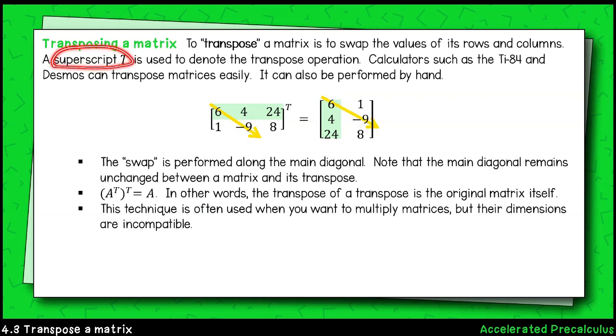A superscript, that's like an exponent, capital T, is used to represent a transposed matrix. You'll see this as a button or an option in popular matrix calculators like Desmos. It's also true that if you take a transpose of a transposed matrix, you're back to the original matrix. Again, this technique has many uses, but it's often particularly useful if you wish to multiply matrices that have incompatible